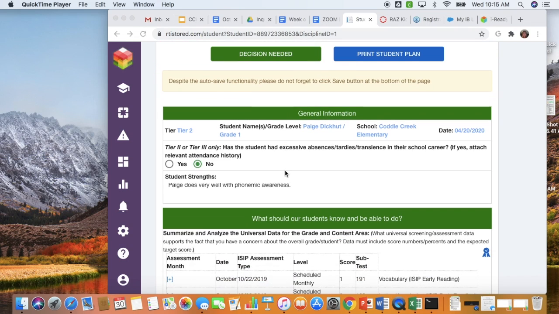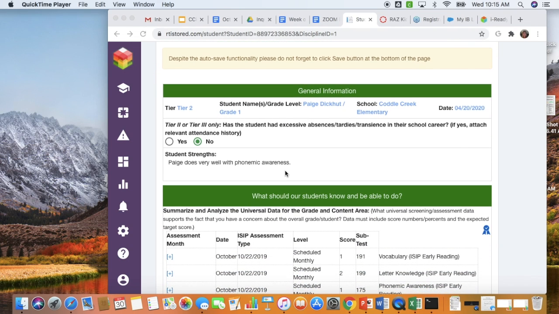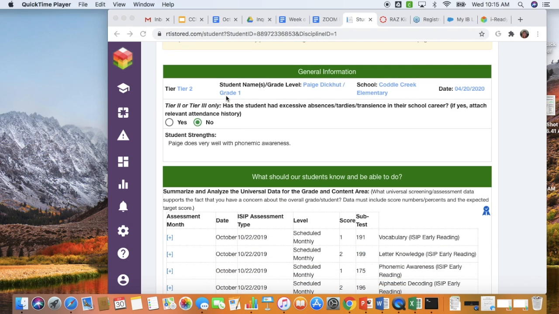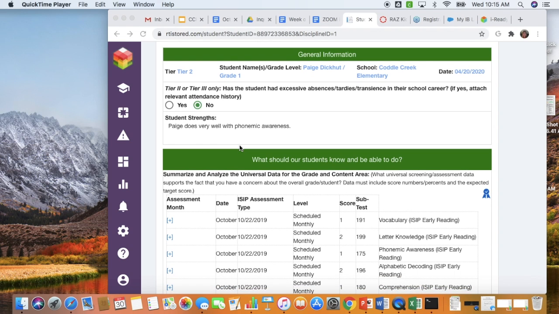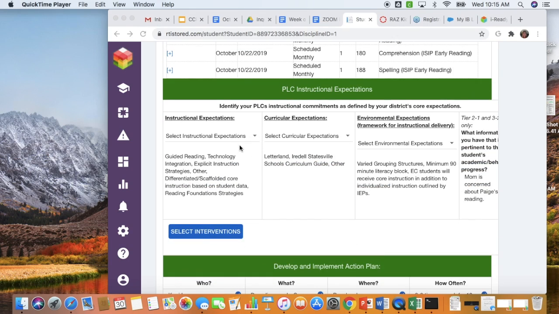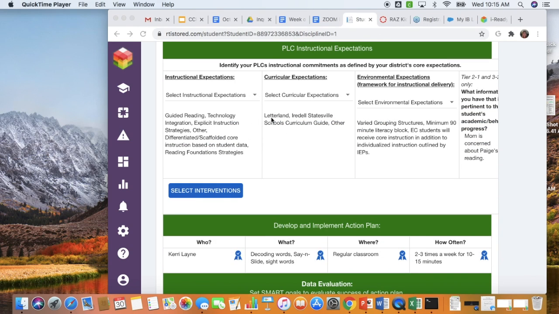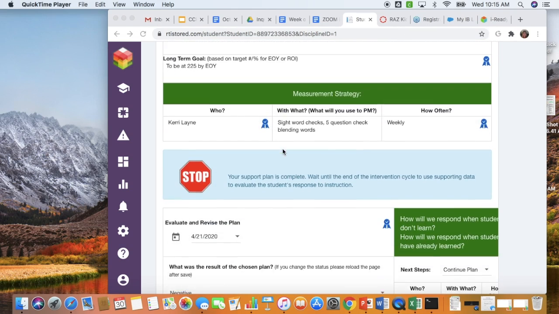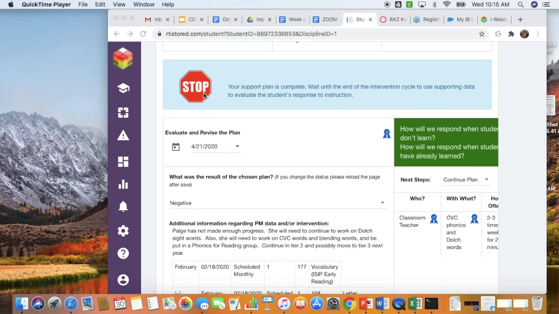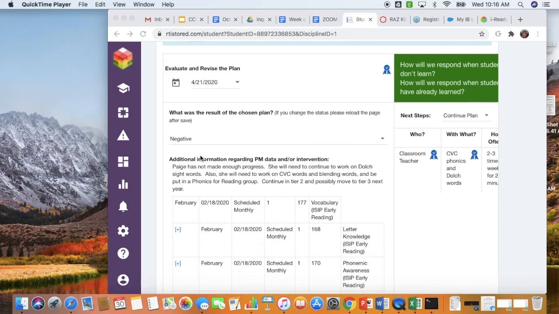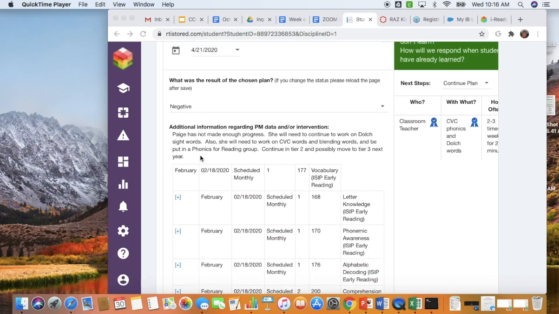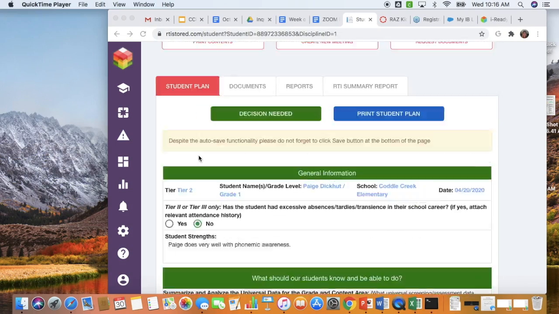The paperwork in here for the tier 1 and for their tier 2 from last year, it will say grade 1 at the top here. This is all her tier 2 paperwork from last year and her information. This would be her core from first grade. And here it says stop, so we have all of her information from last year. So she is ready for us to start